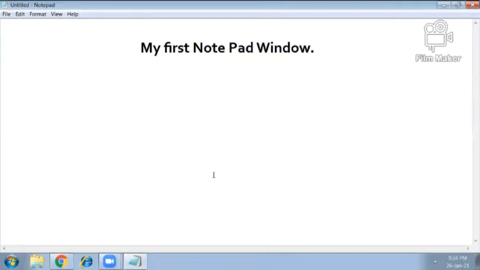Now let's learn to save a file. To save a file, we have to click on File menu and then click on Save option. Children, just listen to the word I'm saying: save the file. As the word suggests, I want to save a file, so I have to choose the Save option. Remember that the Save option is available in the File menu. Click on it.